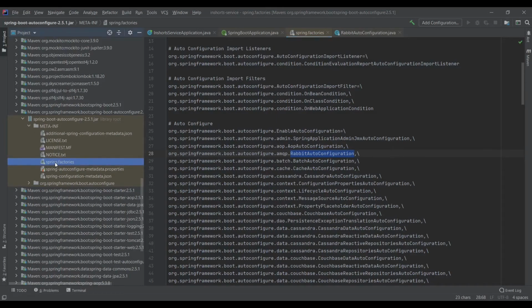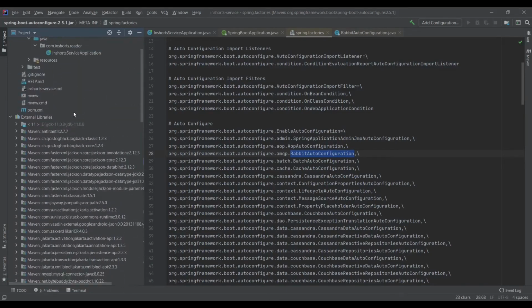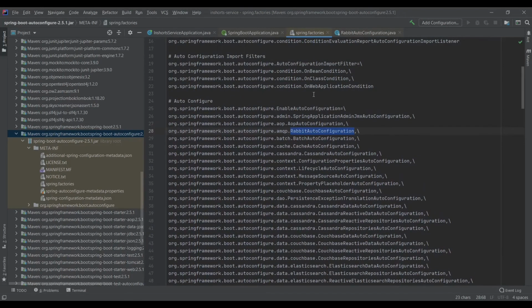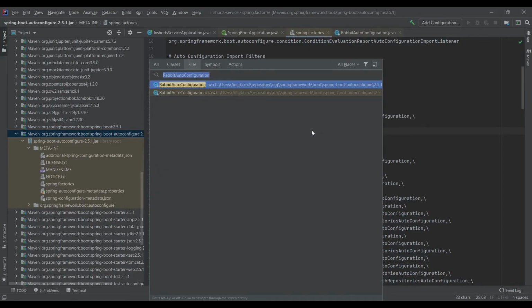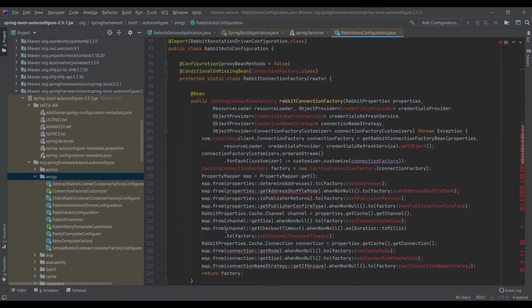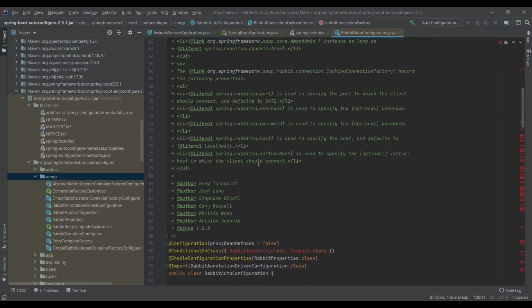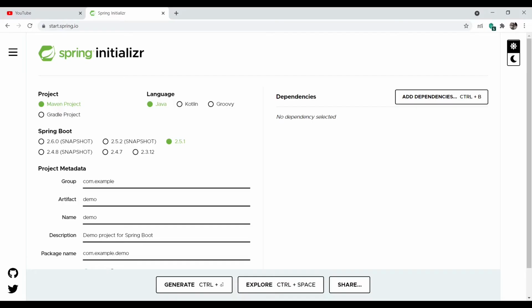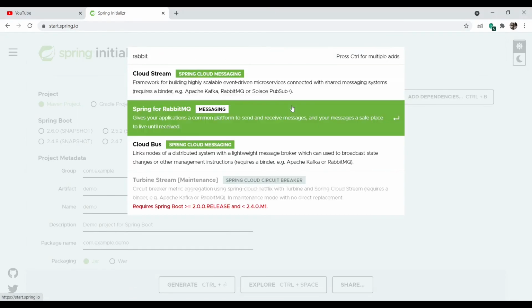If you go to this file called spring.factories, which is present inside this jar called spring-boot-autoconfigure, which is present inside your libraries folder, there is a list of files that it checks. One such file is RabbitAutoConfiguration, and I'll quickly find this file. This file is also present in this jar. What we mainly need to say is that this bean would only be created when this file is present in your classpath, and this file would only be present when you include a RabbitMQ dependency, that is this dependency.